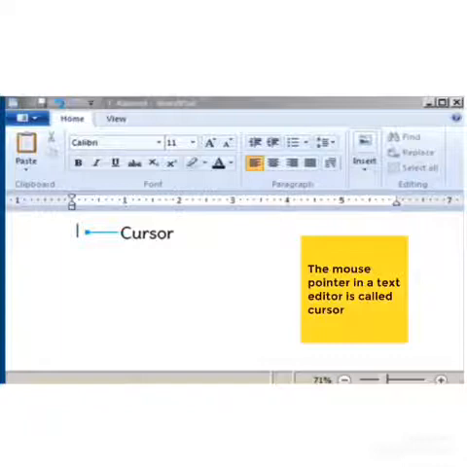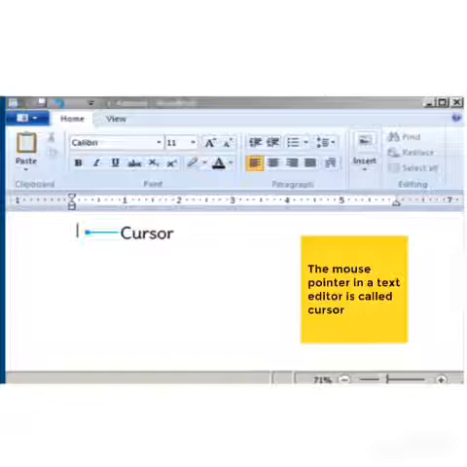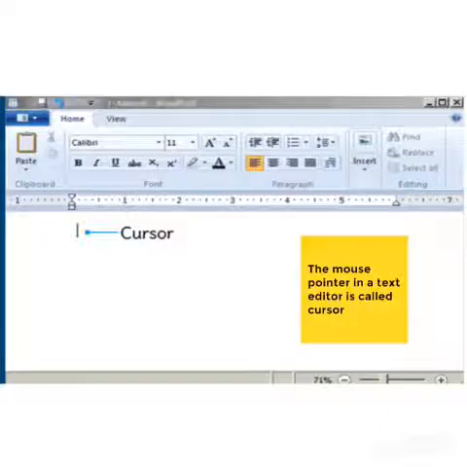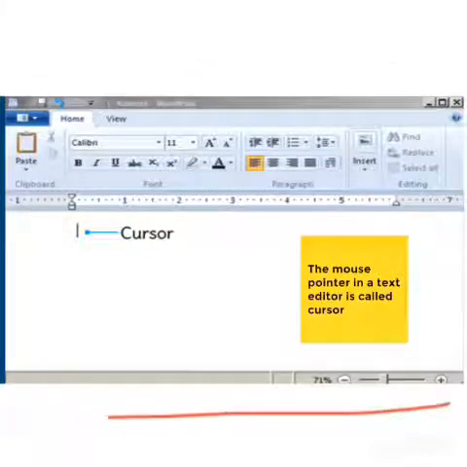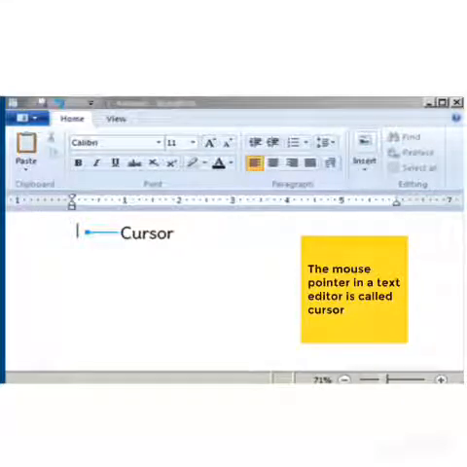Children, tell me, if you want to write any text inside a computer, which application do you use? Yes, if you want to write anything in a computer, we must need a text editor application. Only with the help of this text editor application, you can write and make some changes to the text. Now, this is an example of your text editor, WordPad. In class 1, have you learned how to write inside this WordPad? Yes, so WordPad and Microsoft Office Word are your text editors in a computer.